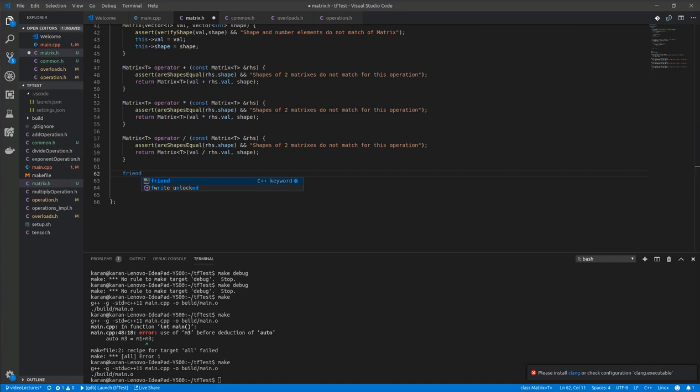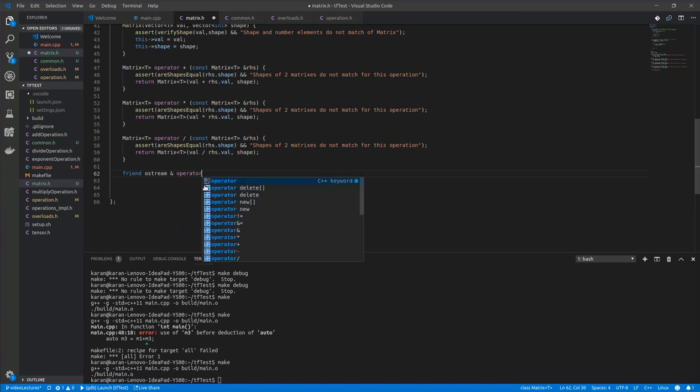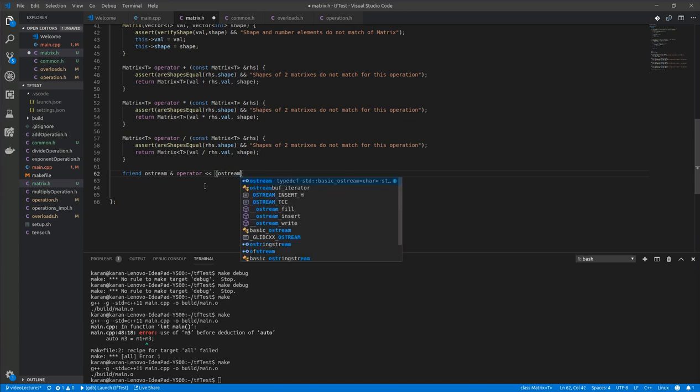So there's something called ostream, which is basically our cout operator, and we're overloading this ostream, and we send this here, and then our matrix, in this case E, and M,